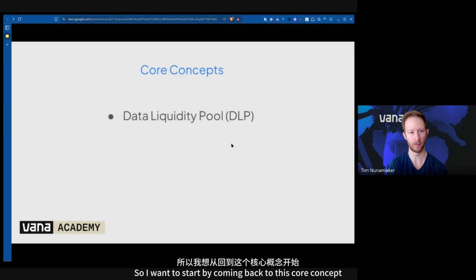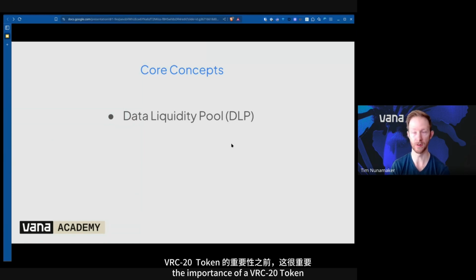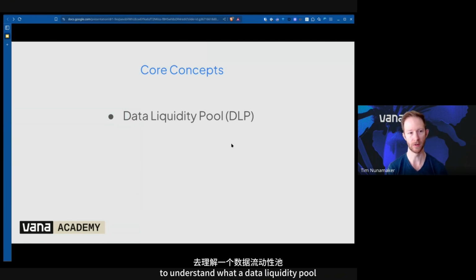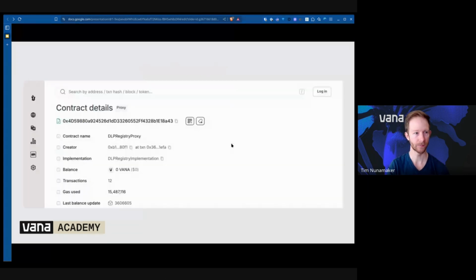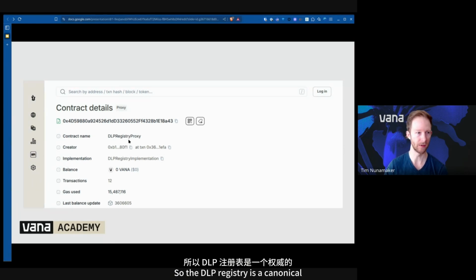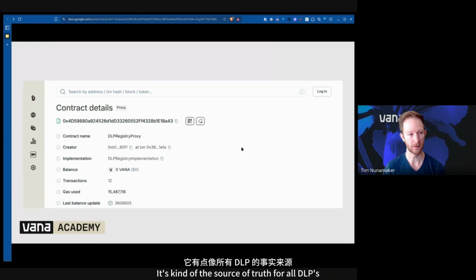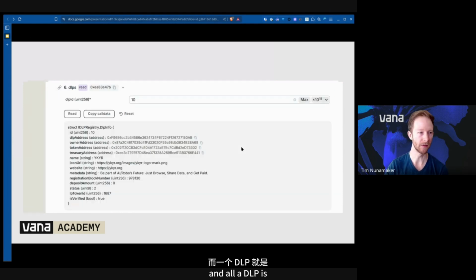So I want to start by coming back to this core concept of a data liquidity pool. Before we understand the importance of a VRC-20 token, it's important to understand what a data liquidity pool actually is from the perspective of the protocol itself. Basically, it comes down to an entity that's registered inside of this DLP registry on chain. The DLP registry is a canonical record for the protocol. It's kind of the source of truth for all DLPs that exist on Vana. And a DLP